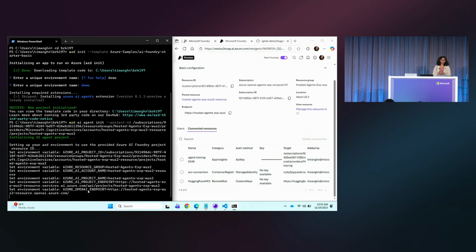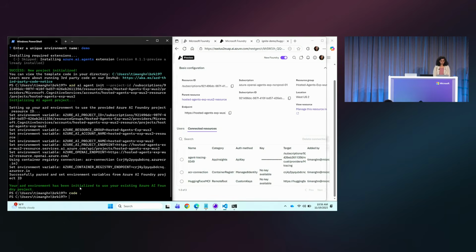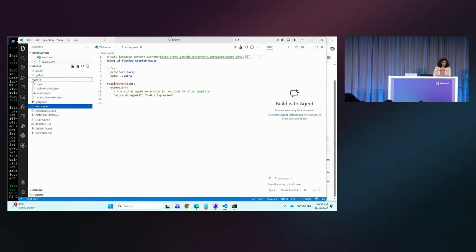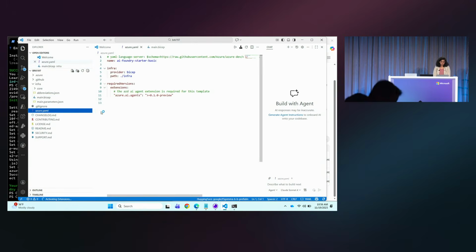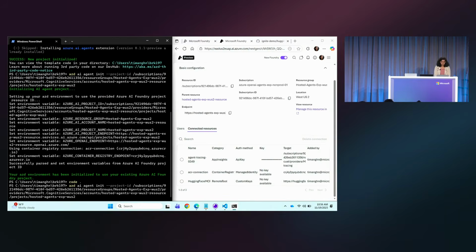You're going to see it set a bunch of environment variables for me based on the project's resource ID. It's setting the resource group, it's setting the account name, and it's identifying that I have a connection to the container registry already here. Now if you want to check how this repo is looking, right here, your infra folder is going to have all your Bicep files. Your azure.yaml is essentially a declarative way of showing what your services are going to get deployed eventually. You're going to see that this currently doesn't have any registration for an agent. And for that purpose, we're now going to use the Azure AI agent extension